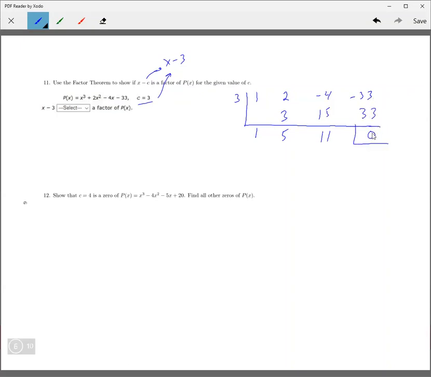Okay, this right here, when that adds up to 0, that means that it is a factor. When you get a 0 in there, that means it is a factor. Okay, the reason, if you do the other form, if you do this form right here, we just plug everything in. This polynomial